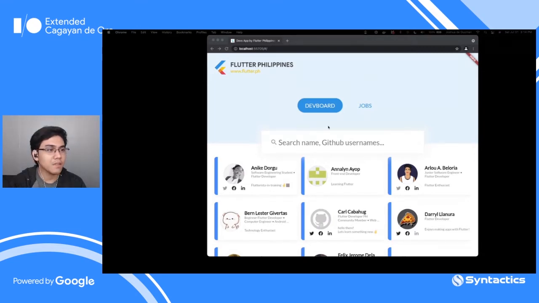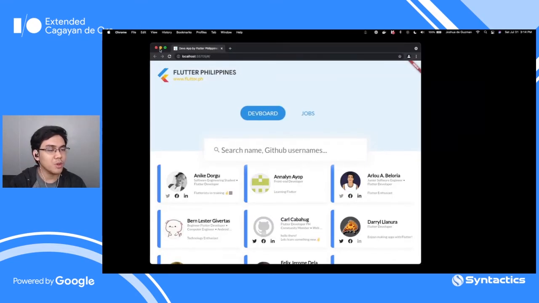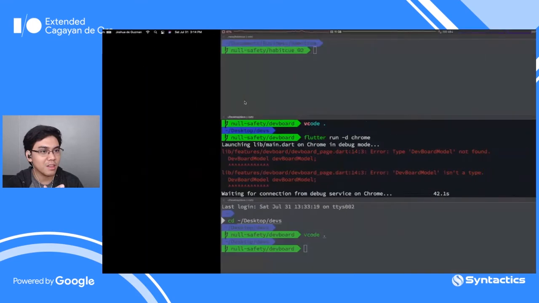All right. So this is the local project. We don't actually need to go over the exact UI, like what parts of the app we are going to check. Our goal here is to run it on sound null safety. So right now,